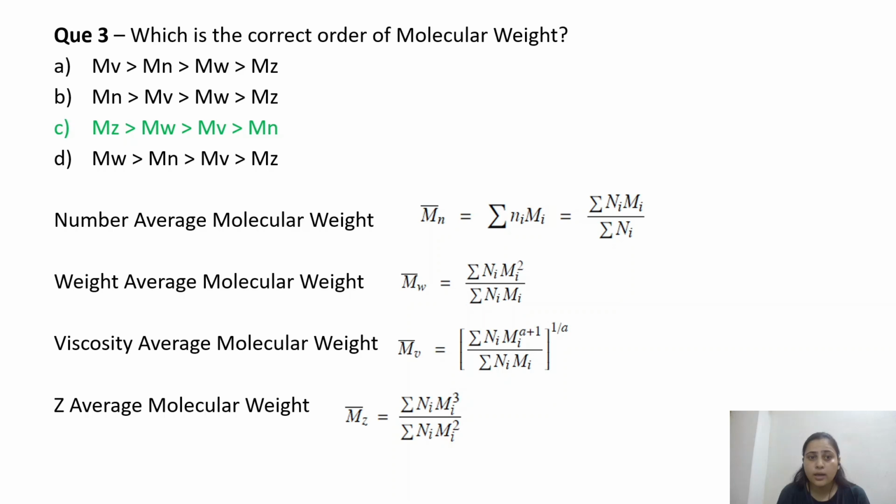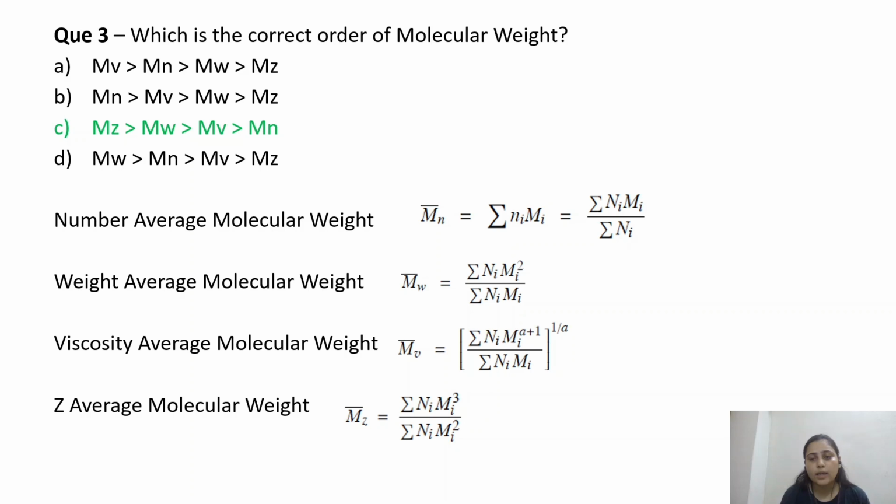Yes, the reason is in the number average molecular weight formula. All these formulas are available in the lecture slides. I hope you have already gone through the lecture slides, where all these formulas are mentioned. So the number average molecular weight Mn is the summation of the number of moles of, like, the A segment in the polymer multiplied by its molecular weight, plus the number of moles of the B segment multiplied by its